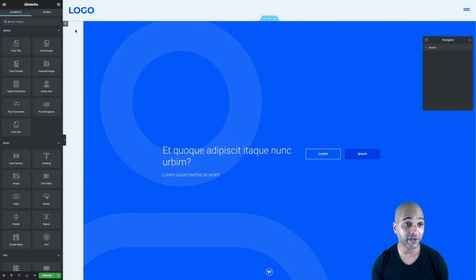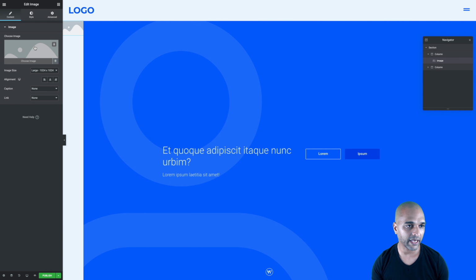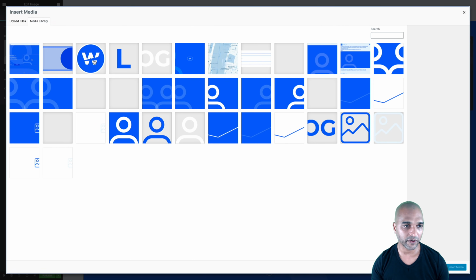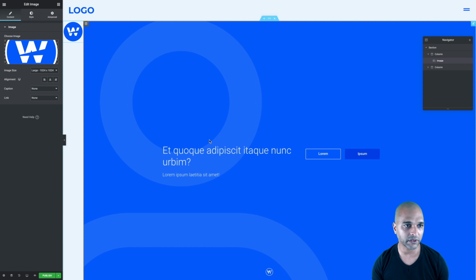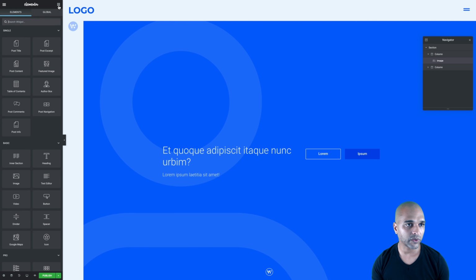So first of all, we need to add our logo here on top. And for that, I'm just going to drag an image widget here, and I'm going to select an image from the library. So I'm going to pick that one, and it's a bit too big. So I'm just going to go to the Style tab and give it a width of 50%. Okay. And next, I want to add